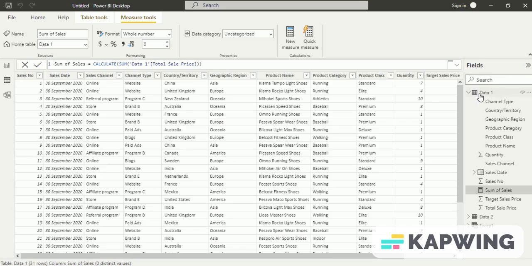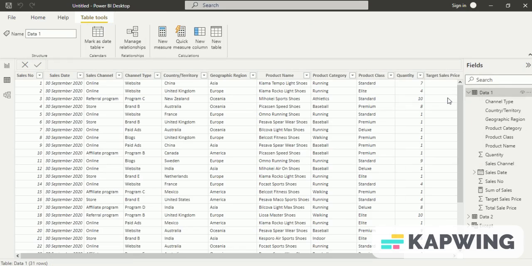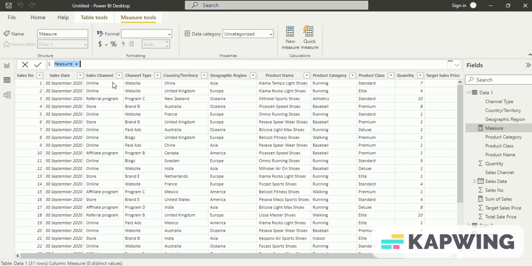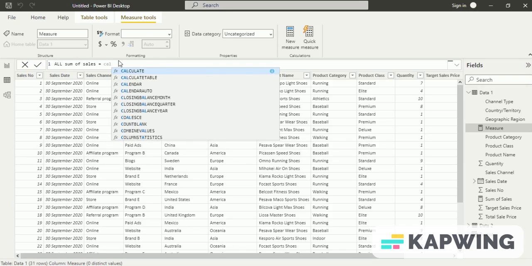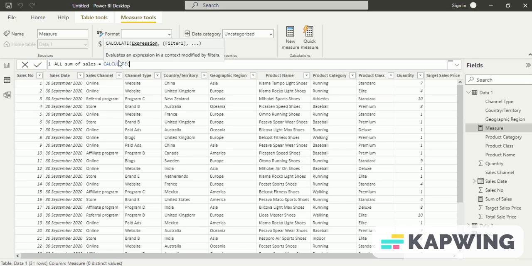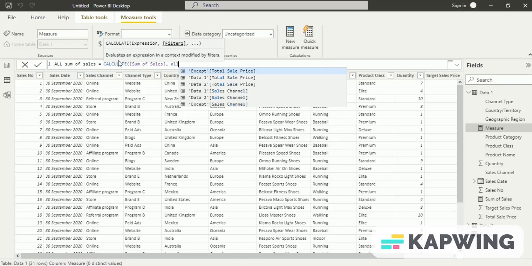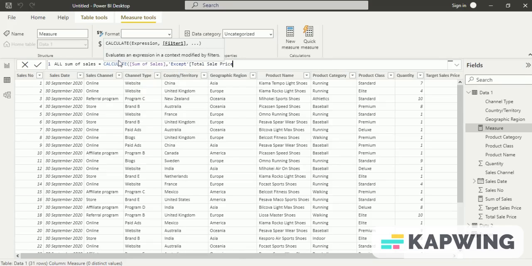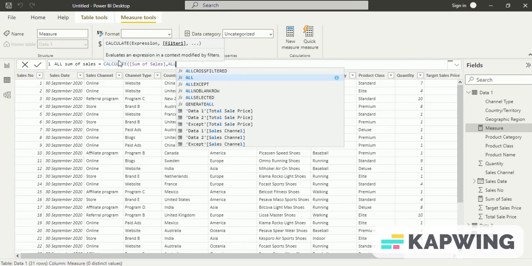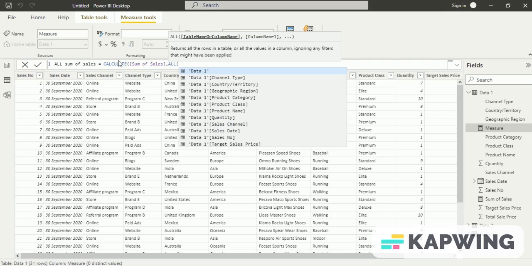Now let us create another measure for ALL. All sum of sales equal to CALCULATE, call the function sum of sales, comma, use the function ALL, select from drop down data 1.